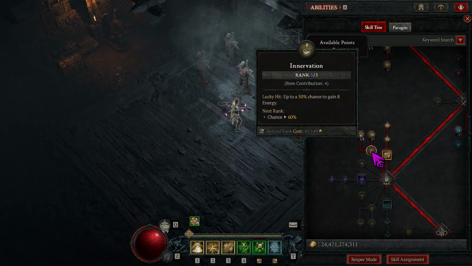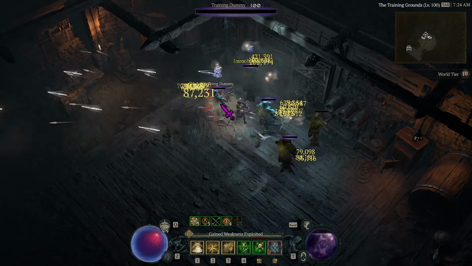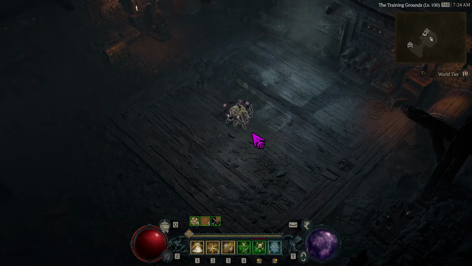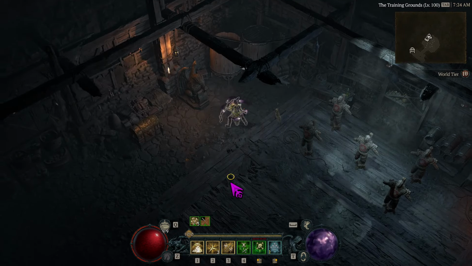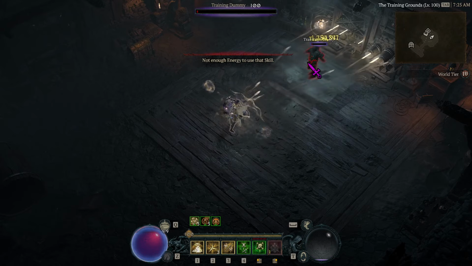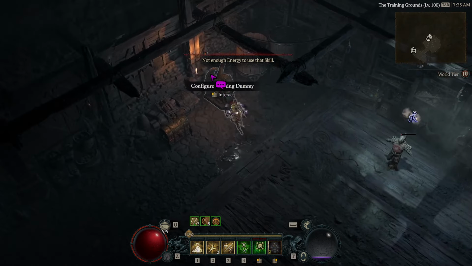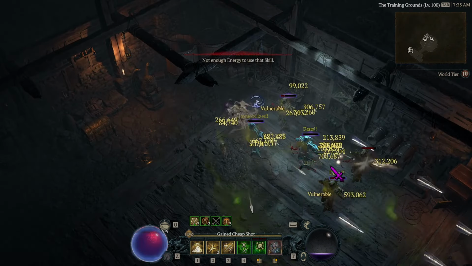Right here. Up to 50% chance to gain 8 energy. So with all the lucky hit chance procs, you just pretty much have unlimited energy. The closer you are to enemies, the better you are. But if you only have like one enemy and they're at a distance, wait, is that not? Oh, single training dummy. It doesn't work quite as well. Which is why you see me when I'm trying to get that straggler in the infernal hordes, where it's just, this doesn't work. But as long as you have multiple enemies, you'll just...